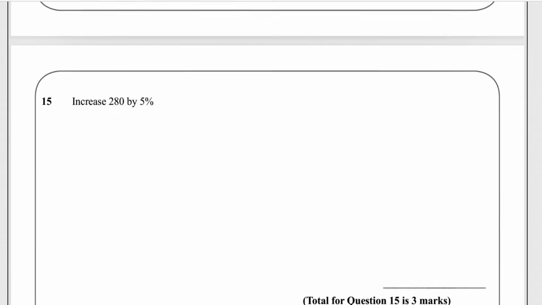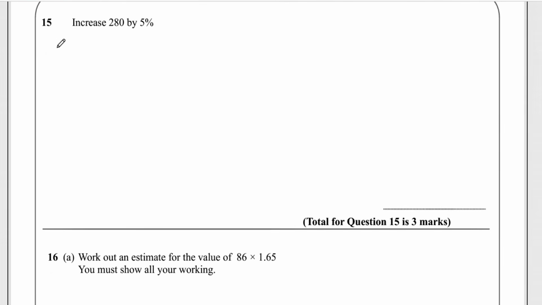All right, we go to 15. Increase 280 by 5%. You can easily get 10% by dividing by 10. Any number you want to get 10% of, divide by 10. So 280 divided by 10, that will give you 28. Now remember, 5 is half of 10, right? So if 10%